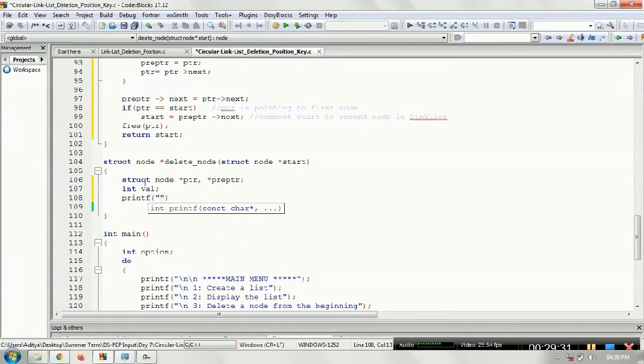We're taking a value, like, I want to delete a particular node. This condition would be useful.